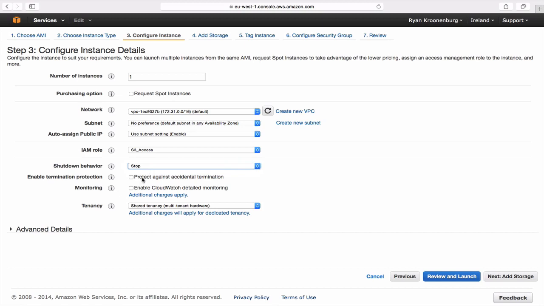You can also protect against accidental termination. Basically, if you're a user and you're going into the Amazon console, you can click terminate and it will actually stop that from happening. You have to disable this. So why don't we just click that to stop any other users who might be using our console accidentally deleting this image. You can enable detailed monitoring, and we'll go into that in a bit more detail in the CloudWatch